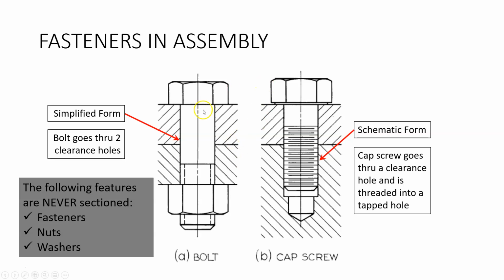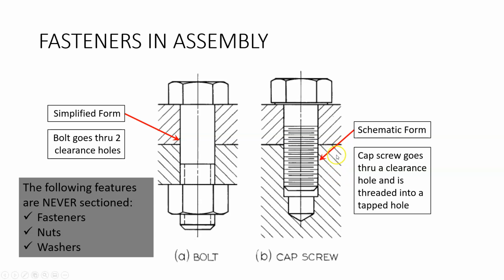Well, here I have 2 examples. This is a simplified bolt that's assembling two features with clearance holes, right? So we have a hole here in this top feature and a hole here in the bottom plate. This is going through a clearance hole, and we have a nut on the end of that that's holding these together. In this example over here, we have a clearance hole in the top plate, but in the bottom plate